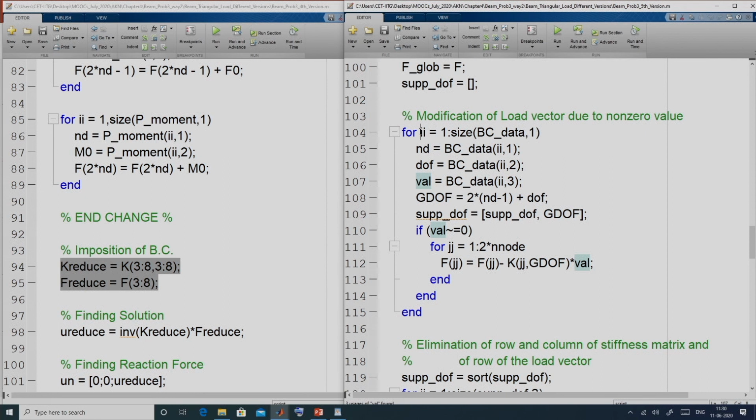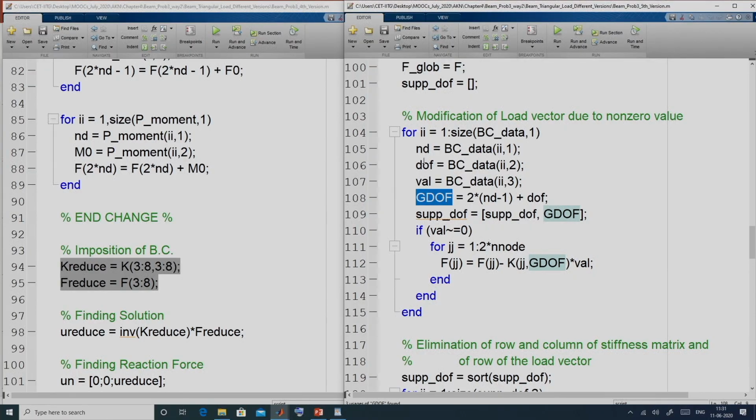Here I run for the number of rows of BC data. The size of BC data comma 1 gives us the number of rows. Now, global degree of freedom is nothing but 2 into ND minus 1 plus DOF, because each node has 2 degrees of freedom. So, the global degree of freedom corresponding to that ND and DOF are this.